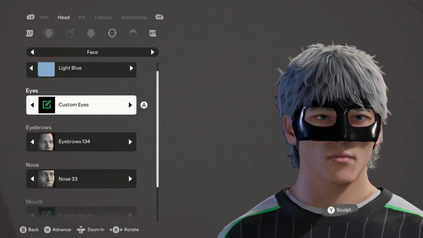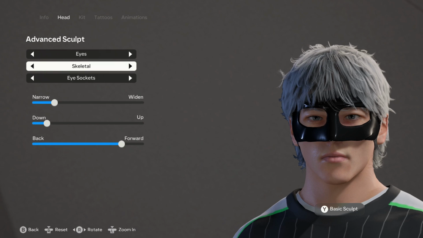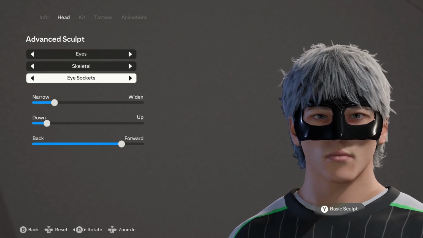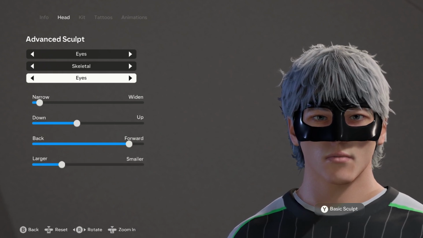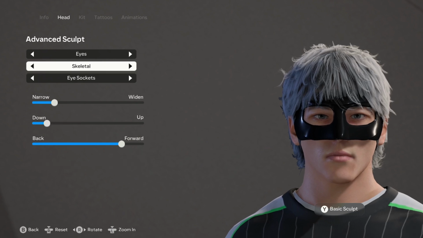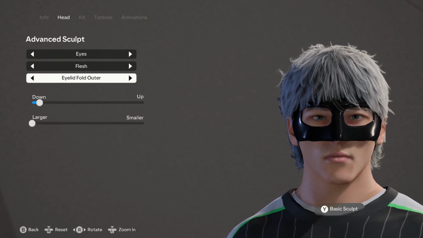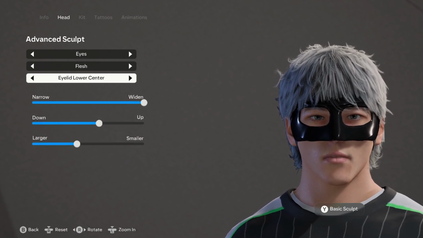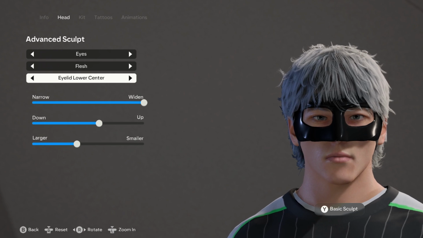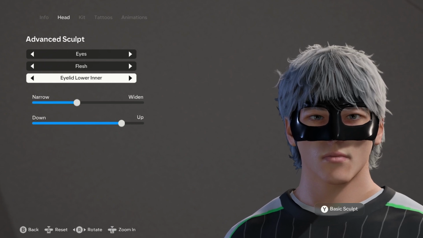So for the custom eyes, we're doing the advanced sculpt on the eyes, and we're going to start with the skeletal, the eye sockets, and then the eyes. Moving on to the flesh, we have the eyelid fold center, the eyelid fold outer, the eyelid fold inner, eyelid lower center, eyelid lower outer, eyelid lower inner,